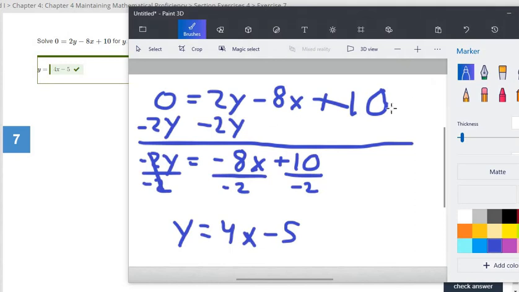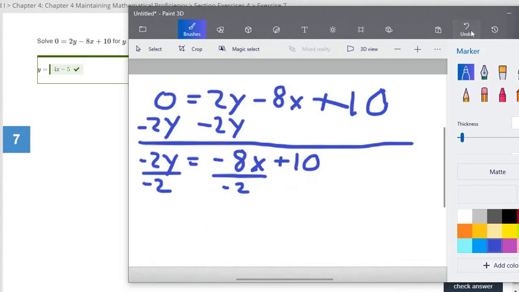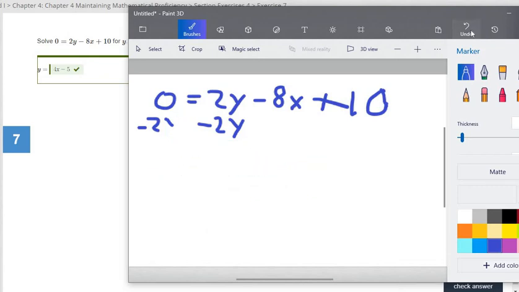All right, just to show you that there is actually another way that you could have gone about doing this, I'm going to go ahead and back up. So you can see I already did find the correct answer. But when it comes to algebra, there's different ways that you can do things. And again, as long as you do the same thing to both sides of the equation, you will find the right answer. So what we could do here, and it's going to be a little bit more of a roundabout way,